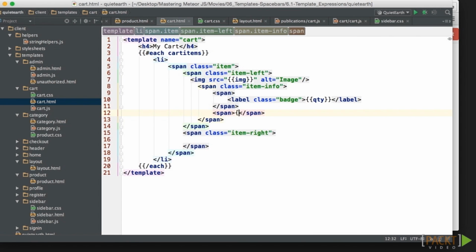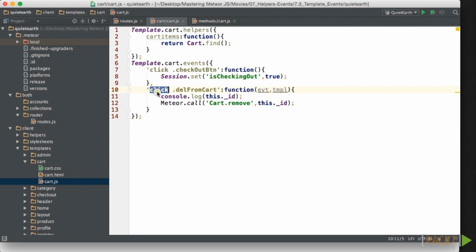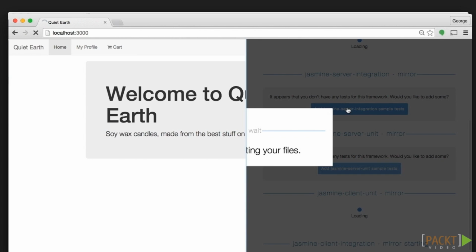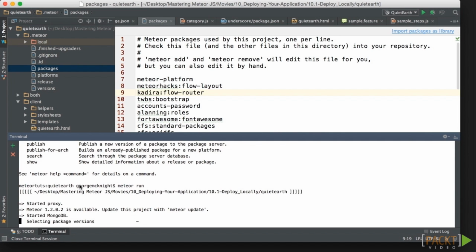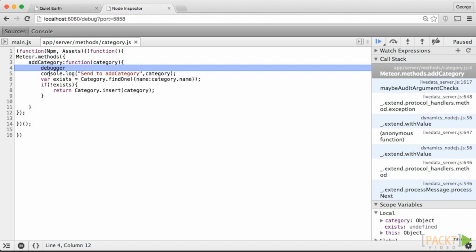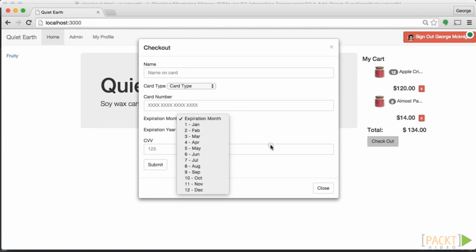And using Spacebars, we'll build templates and dig into the various template variables. For each template, we'll add template helpers and provide event handling. We'll secure our methods by invoking them on the server, and then we'll add various tests for our application. Once we're all done, we'll deploy locally and then on to Amazon. We'll cover troubleshooting methods for both the client and server, and finally, we'll integrate our application with PayPal and a